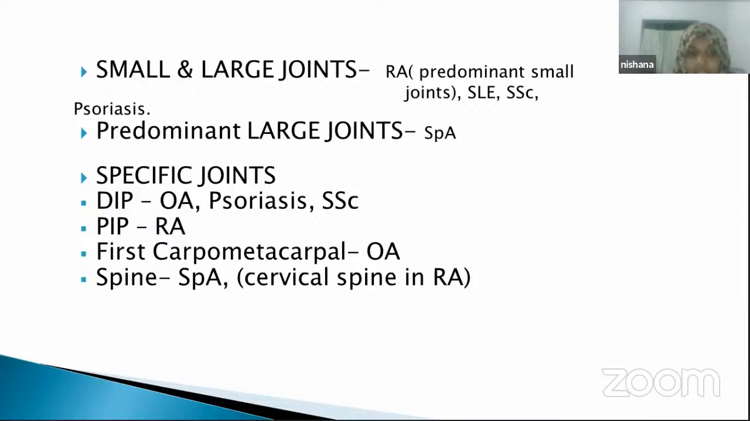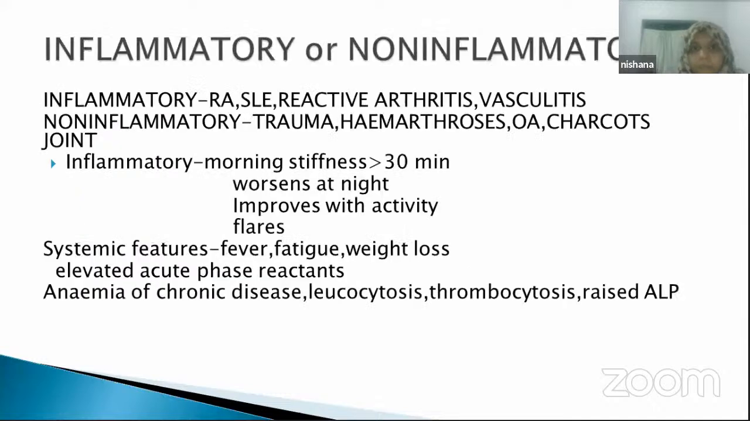Spine, as the name suggests, in spondyloarthritis, the spine is always involved. Spondyle means vertebra, so spondyloarthritis involves the spine. And rheumatoid arthritis usually involves the cervical spine. Then the next question is whether the pain is inflammatory or non-inflammatory. This we can get from the history from the patient. We have to ask about the nature of the pain when it starts. If